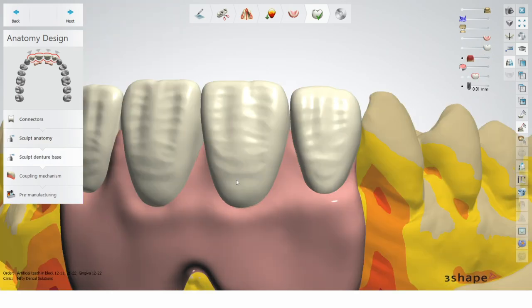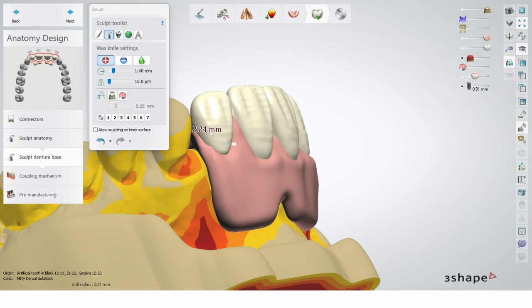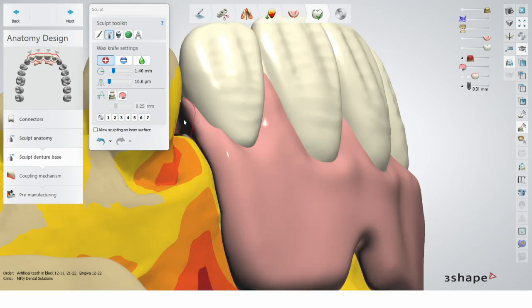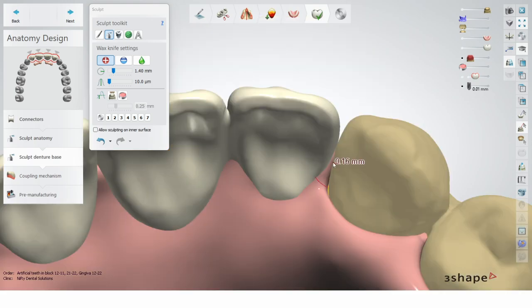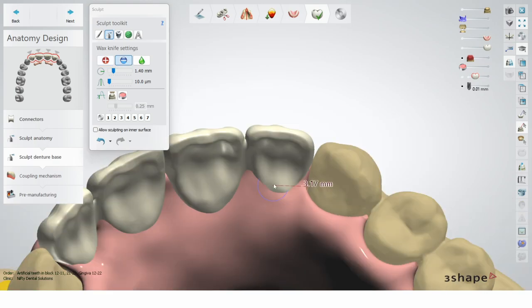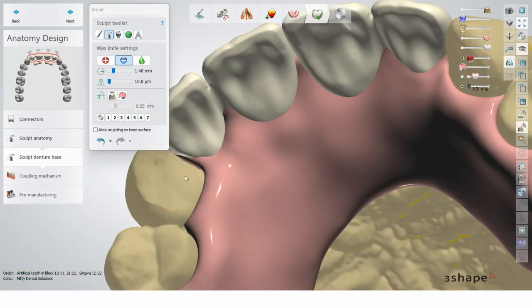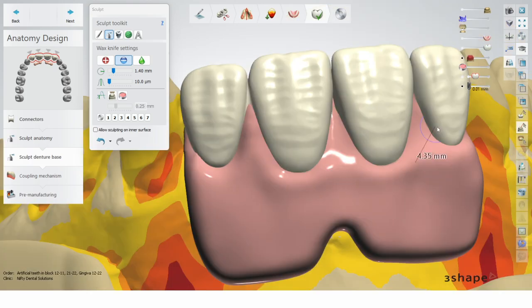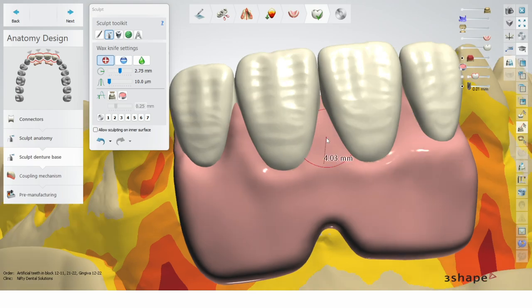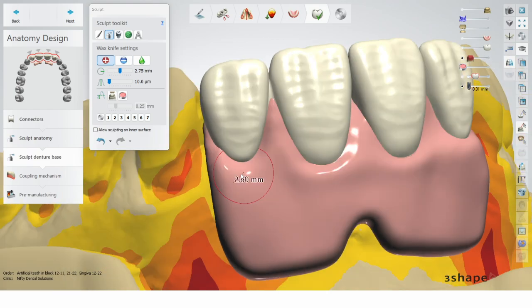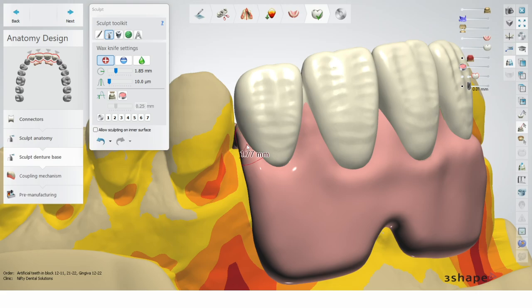Now we can go back on the Sculpt denture base and have fun. I can see this black triangle there. This is where I add the wax, so it's been blocked out. And we're nearly done. So another couple of things, but I really want to show you that part. Now, even if it's not perfect, it's just to show you the right way to socket the teeth.